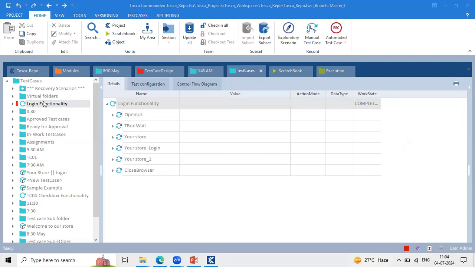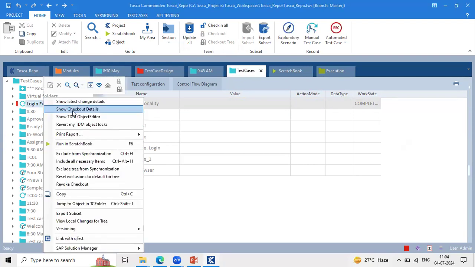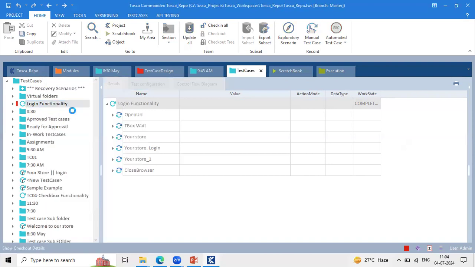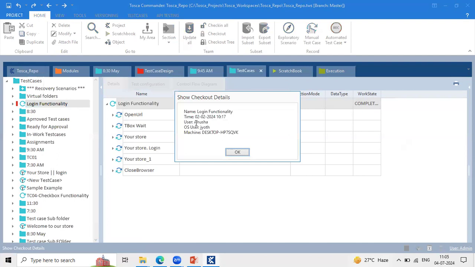Yes, we can. If you right-click here, one option is the checkout details. Who did the checkout? This one is checked out by Anusha. Here you can see the user, and in real time you are able to see the user ID and employee ID. So we directly connect with them and request them to do a check-in. Once they do check-in, then we'll access the same test case on your laptop.